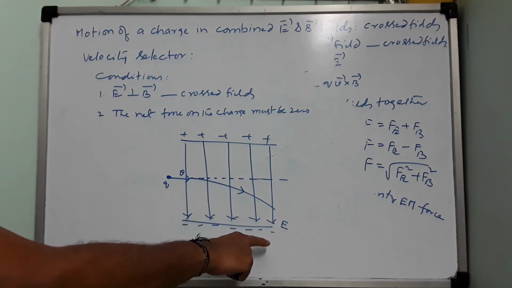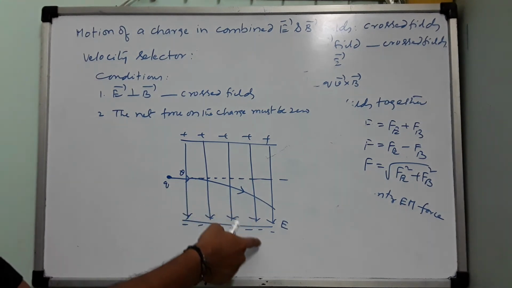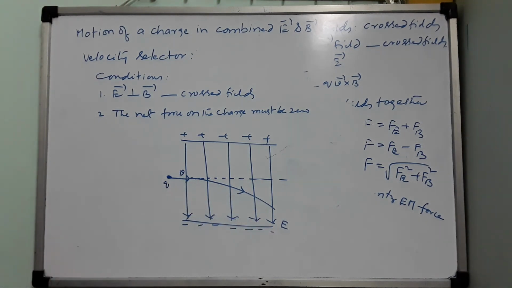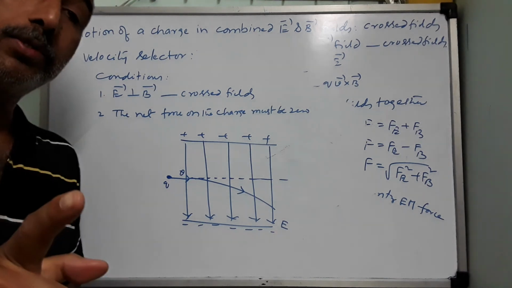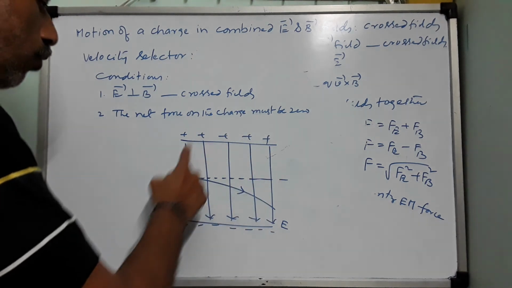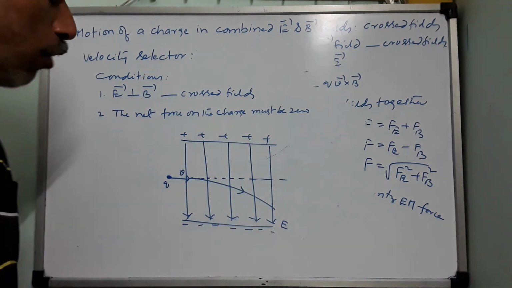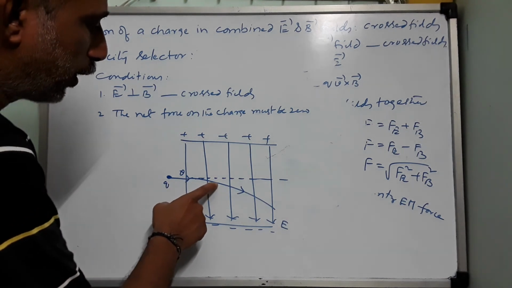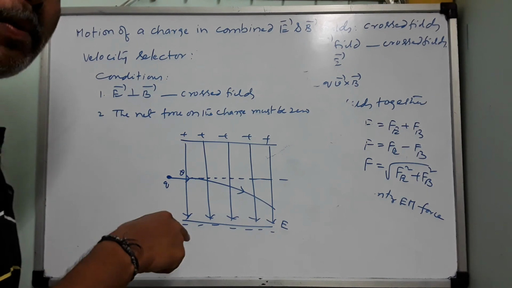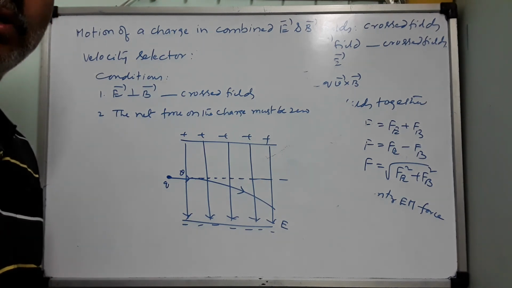Because of the electric field, what will happen? Though you have given the velocity, the electric force will act on it. Therefore, it will take a curve. Now, I will produce a magnetic field throughout this vicinity in such a way that whatever force the charged particle is experiencing downwards, I create the same amount of force in the upward direction. For that, what do I do? I take the help of a solenoid.